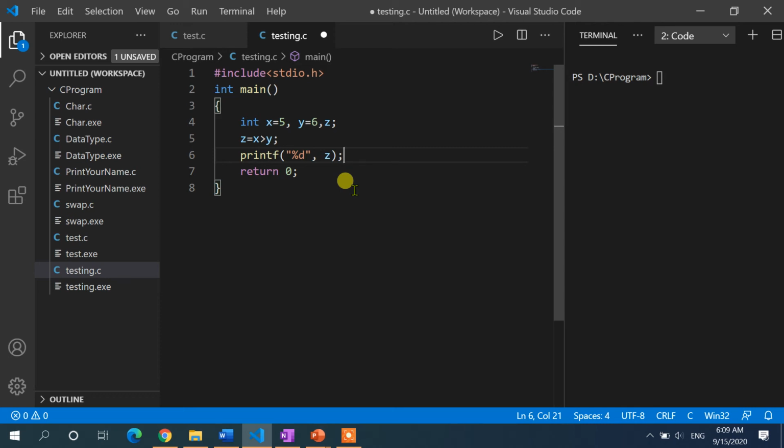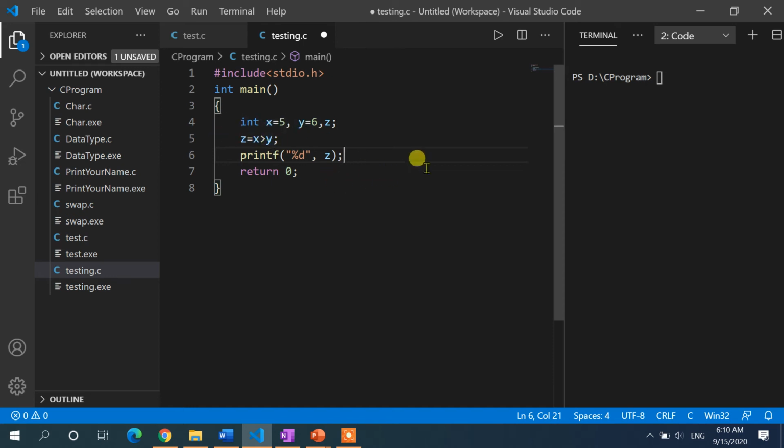We have taken two variables, x is equal to 5, y is equal to 6, and I'm trying to check what happens if I assign the expression x greater than y to z. As I have already told you, the relational operator gives either 0 or 1. Here x value is 5 and y value is 6, so 5 greater than 6 returns false. That means z should return 0.